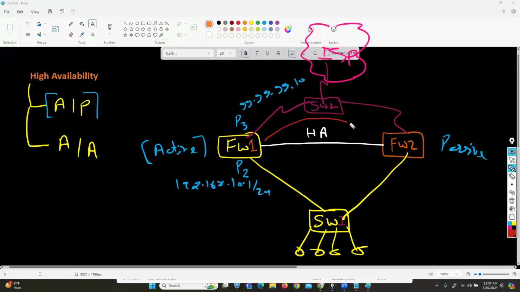Firewall box 1 is saying, hello, I'm active. So firewall box 2 status is passive. Now all the traffic is traveling via the active box. If the active box goes down and firewall box 2 is not getting any hello packet through this failover link,